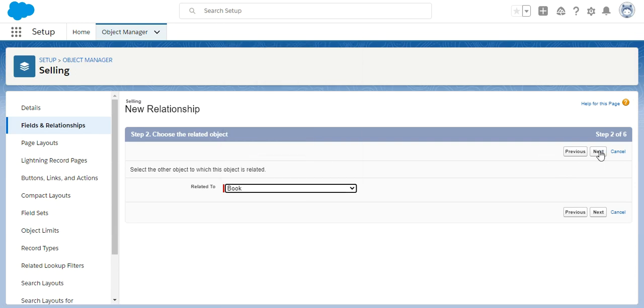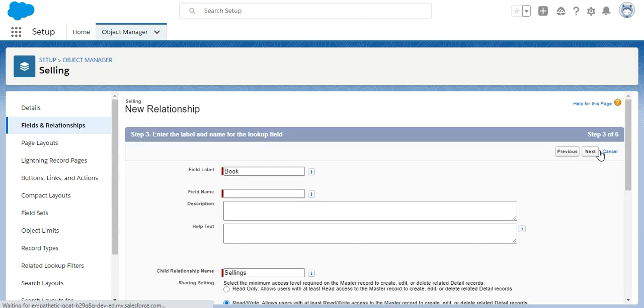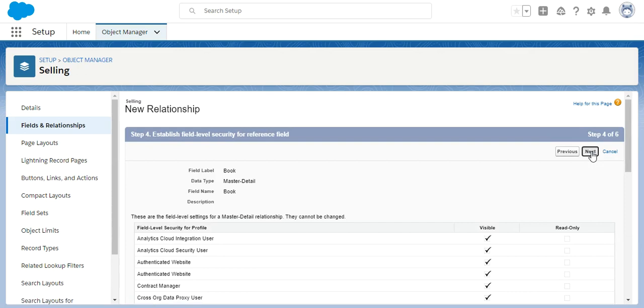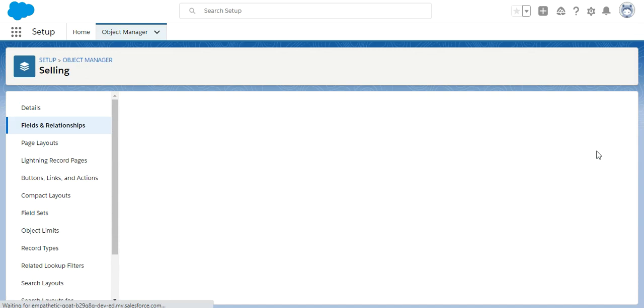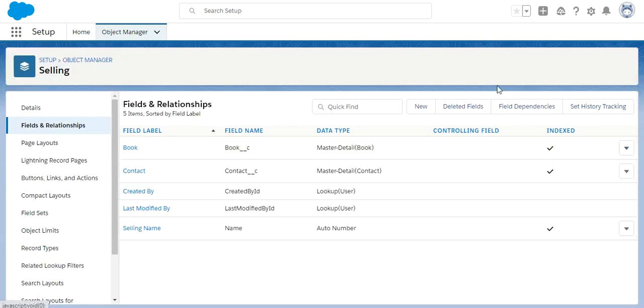Select the book, and this is the second master detail relationship. Click on next, next and next, then save. So my junction object has been created.